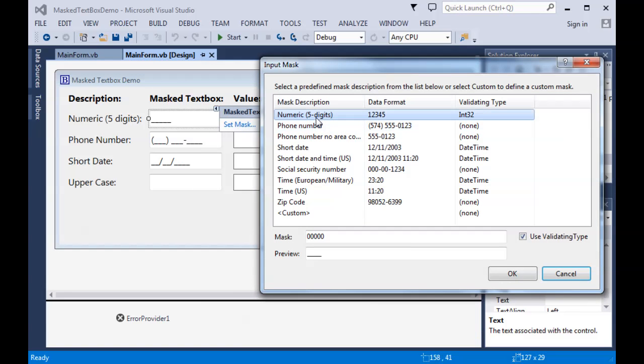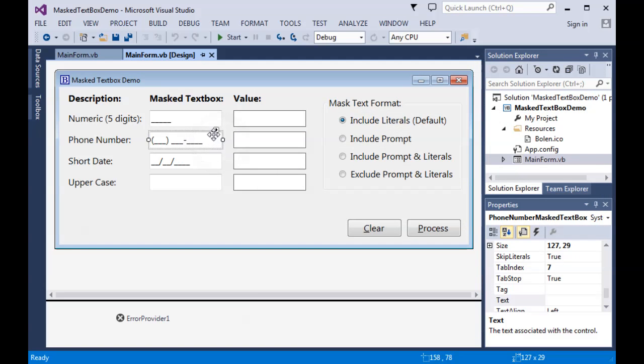On that, I'm using just a predefined one. It's going to accept 5 digits, and it's going to have a validating type of int32, which means that whatever we enter in could be parsed by the int32 parse method. Then for the others, I bring up the phone, for example, and we'll see that I've chosen the set mask